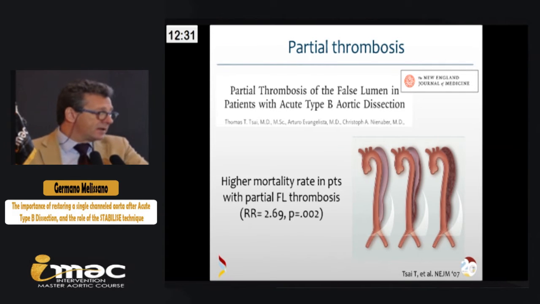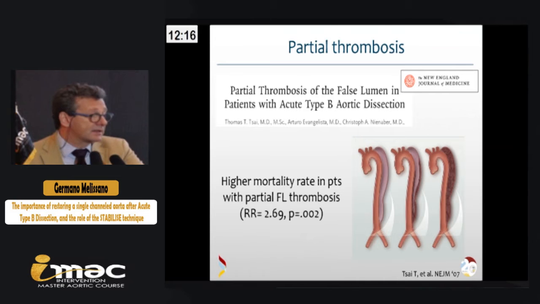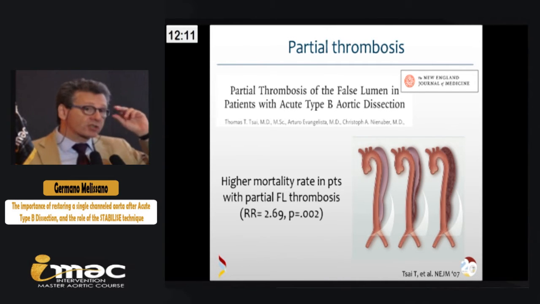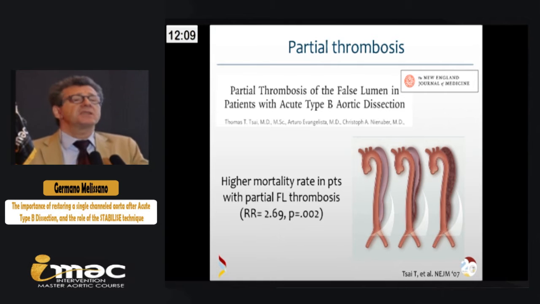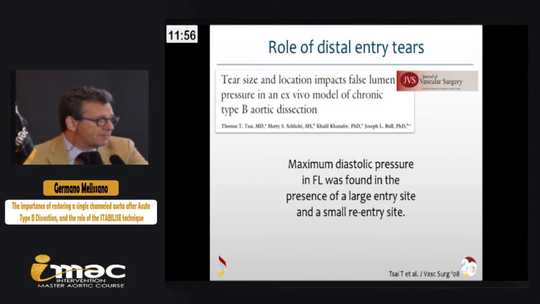For instance, if we go to this important pivotal study in the New England Journal of Medicine of 2007, we can see that the authors found an increased rate of aneurysmal dilatation and mortality in patients in whom there was a partial thrombosis of the false lumen. Now this is very strange. Why should partial thrombosis do worse than no thrombosis at all? What's the reason for this? And the case seemed to be that